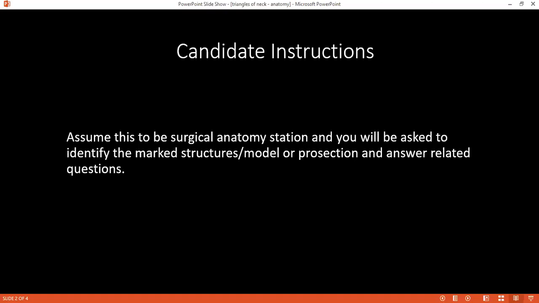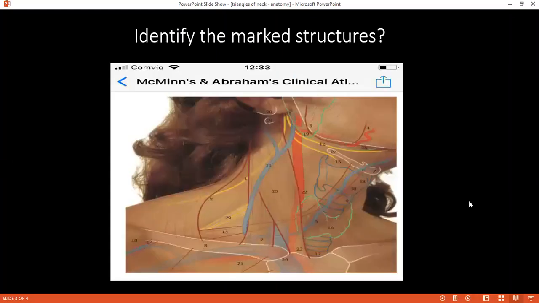Right, so if you have read and understood considering its surgical and administration, kindly tell me how would you divide the triangles of the neck? Yes, the triangle of the neck can be broadly divided into two parts, anterior and posterior triangle. Can you tell me boundaries of all the anterior triangles and their contents? Yes, anterior triangle, it is bounded anteriorly by the median line that extends from the symphysis menti to the